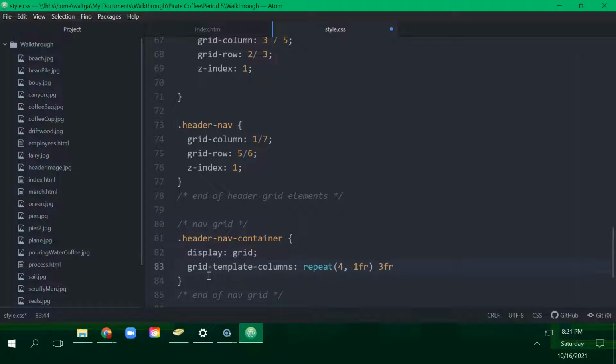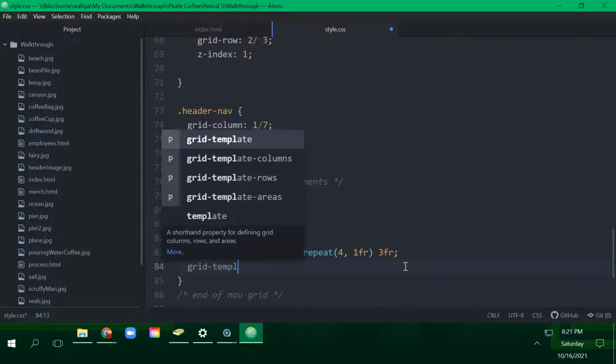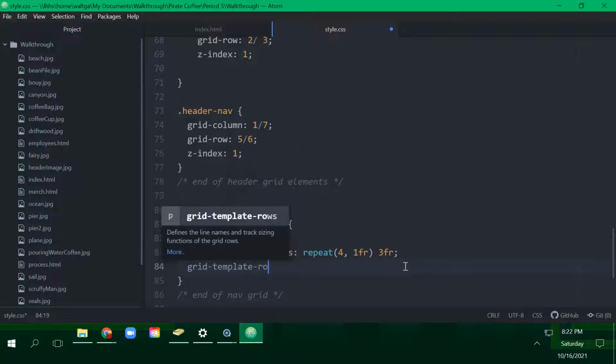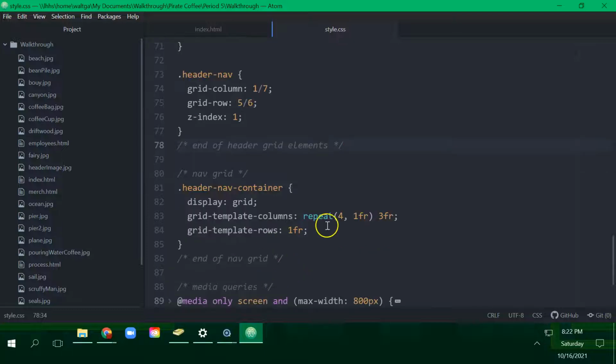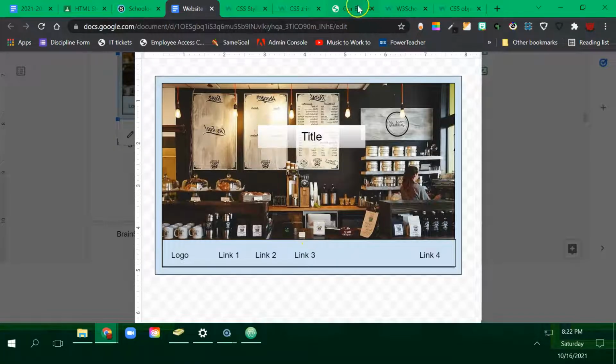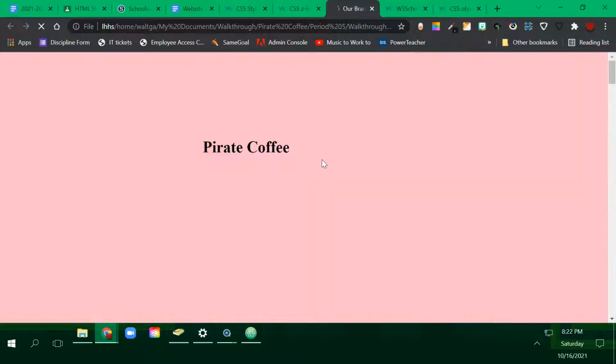We'll call it 3fr. And then we want just 1 grid template rows. Now we could give it a hard size. Let's just say we're doing 1fr, so it's taking up that full space and I don't have to think about it. Okay. So now if I come here and I refresh,